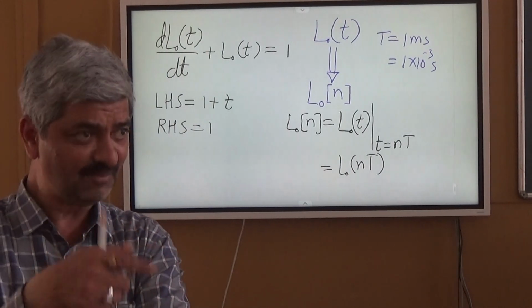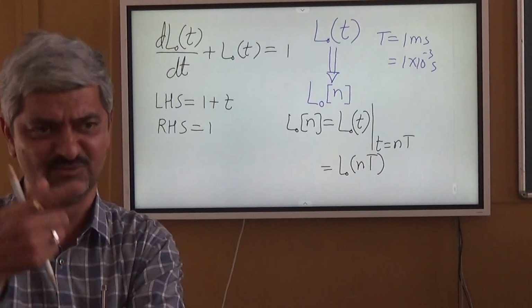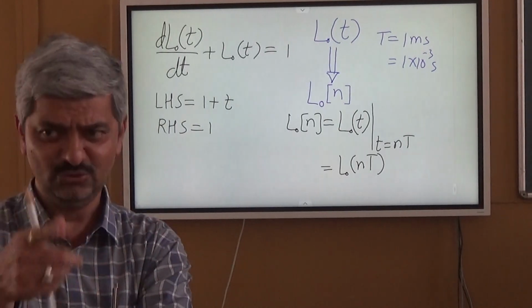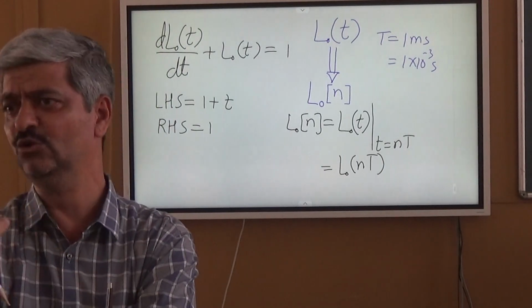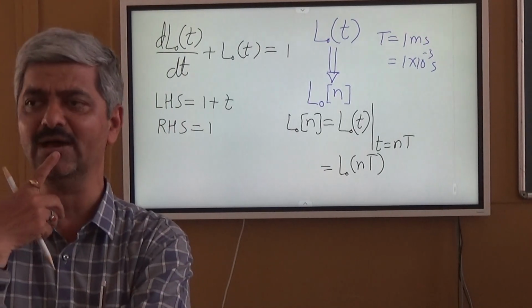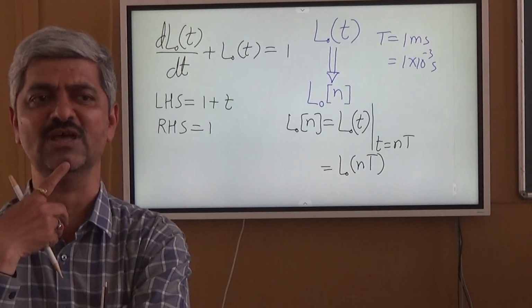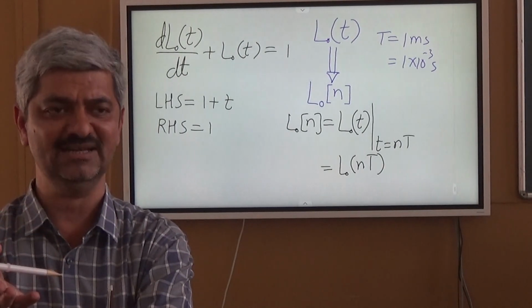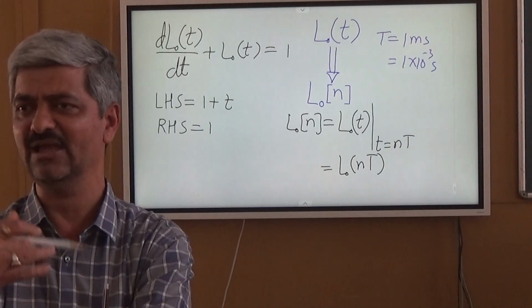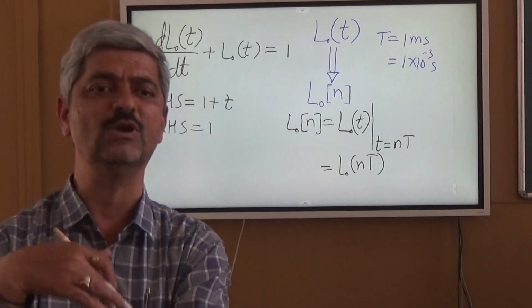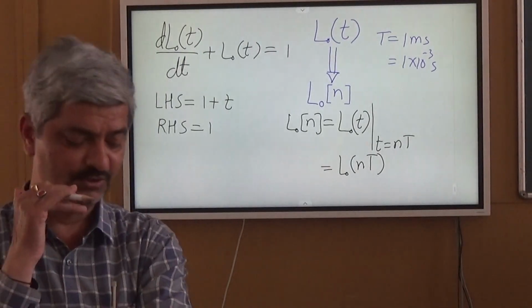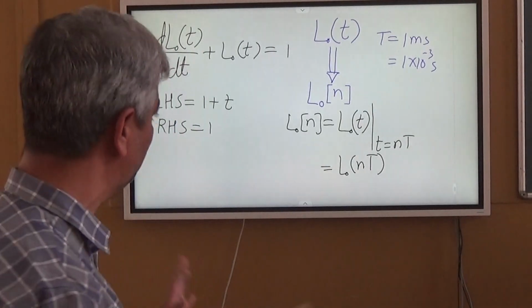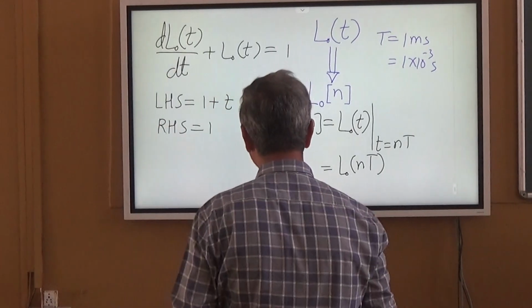So based on samples, if your camera samples at 1 millisecond, then whatever expression you derive would be very close to the actual solution. But if you are taking a picture every 1 minute, 1 minute is a very large period. So whatever you derive will be a very crude approximation, right? So that is not the answer. And 1 millisecond is a good enough period. So now,